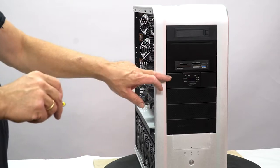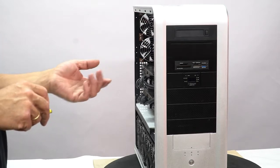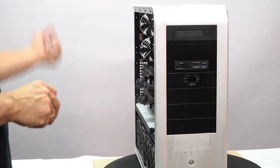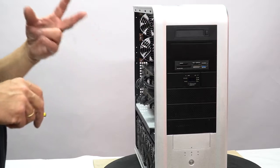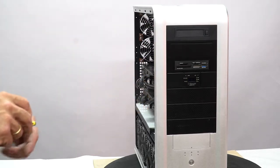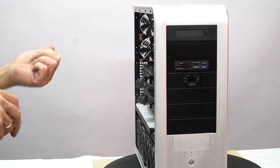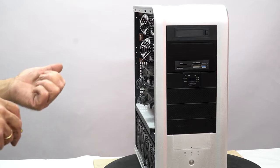This is a flow meter, and what it does is measure how many liters per minute your system is pumping through. We've got it set up for liters per minute right now. You have two water pumps. Your primary water pump is going to pump at about 3.7 liters per minute. The secondary pump, if it kicks in, will bring you up to 4.5 liters per minute, which is quite a